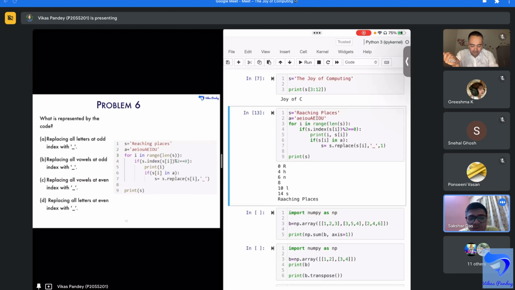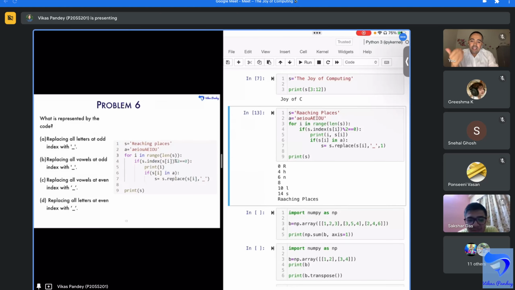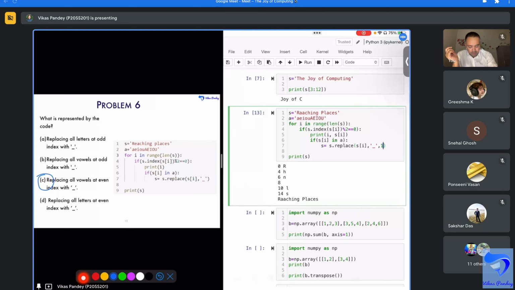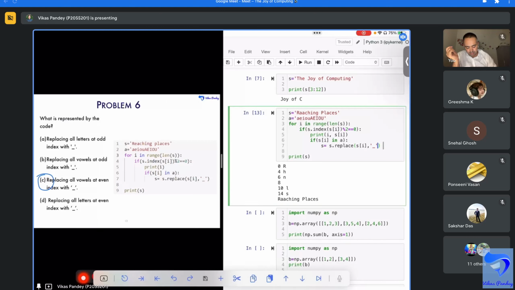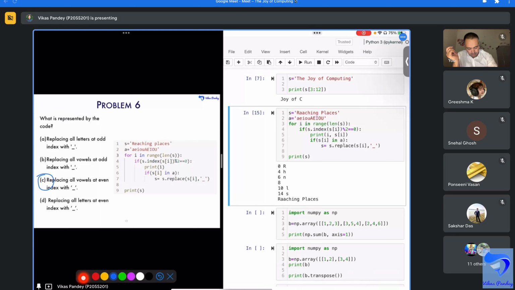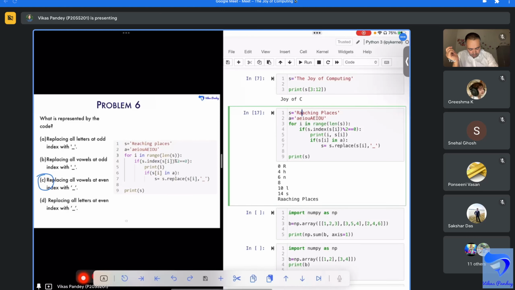Then, sir, what will be the correct outcome of this? How do we correct this one? Seeing this program, certainly C is the correct answer, but we will need some small changes to correct it. Like, let's try that. And if I am putting it like this, the 2 is not one. If s dot index of si,